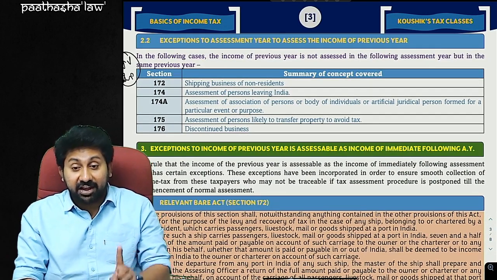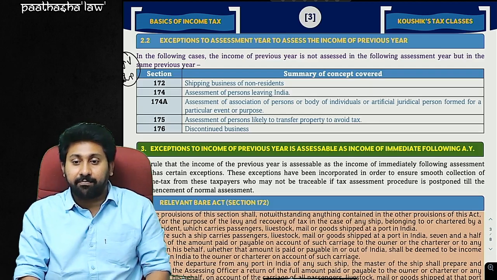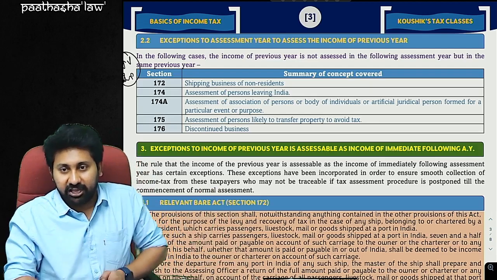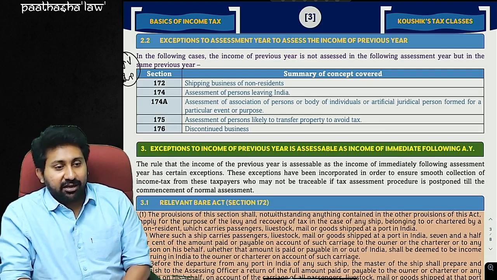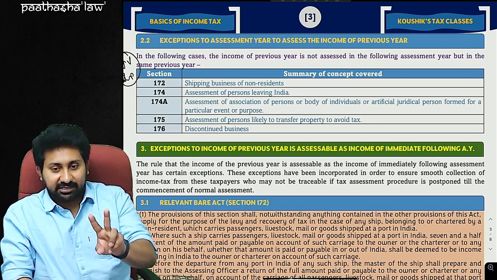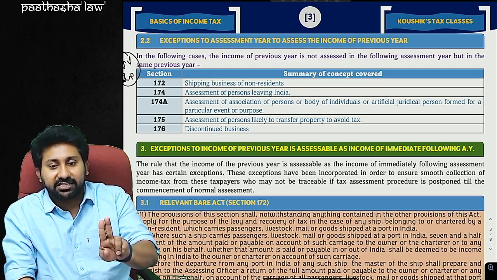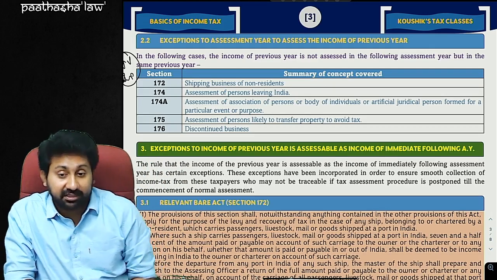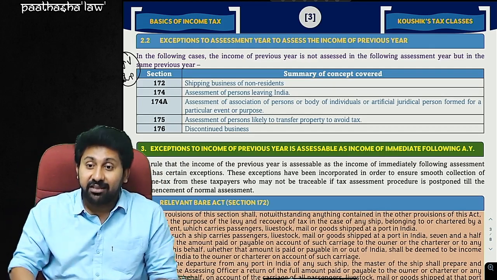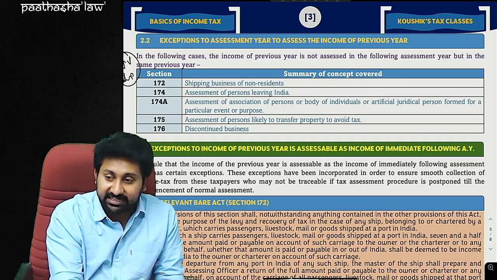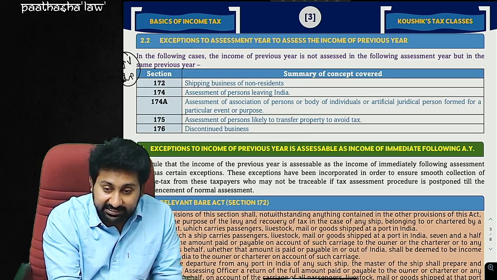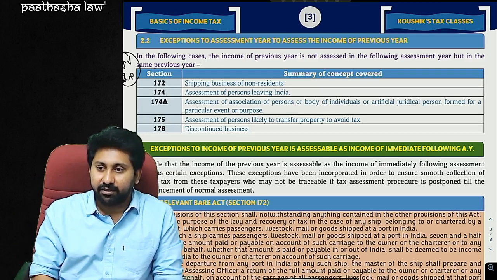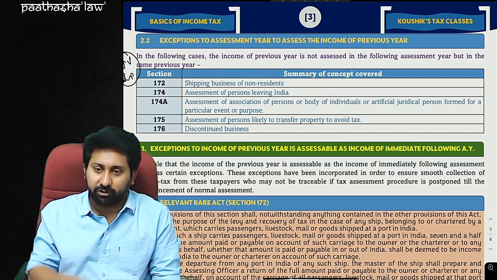Number 1, the financial year in which you earned the income; number 2, the financial year in which you assess your income and pay the tax. So generally these 2 years are twins, attached like conjoined twins. You can't separate them. But exceptions are there. Generally, previous year's income will be assessed to tax in the very next following year. We call it assessment year. But there is a good exception for this.